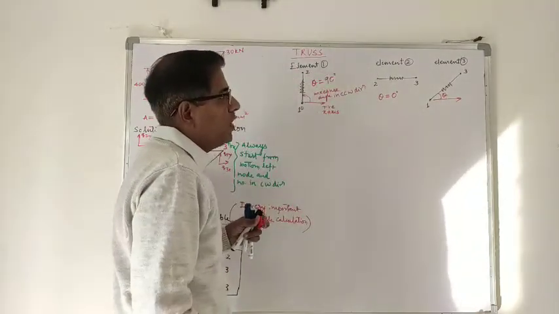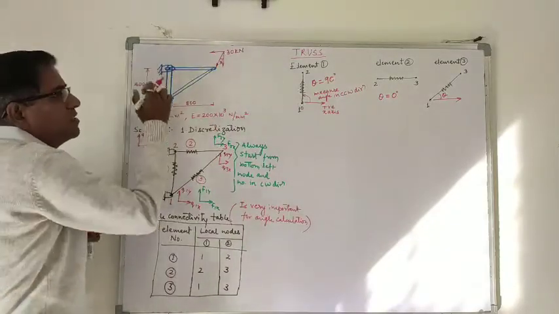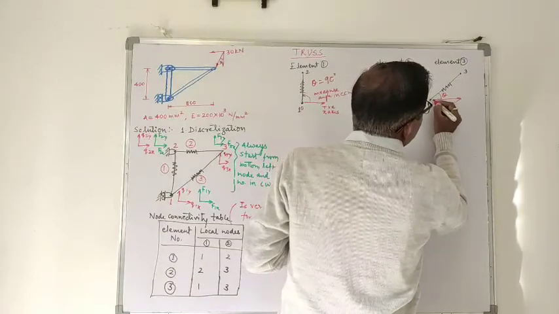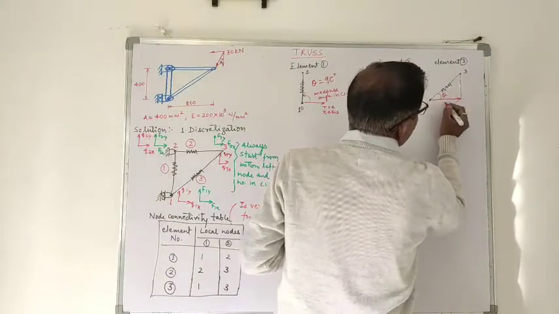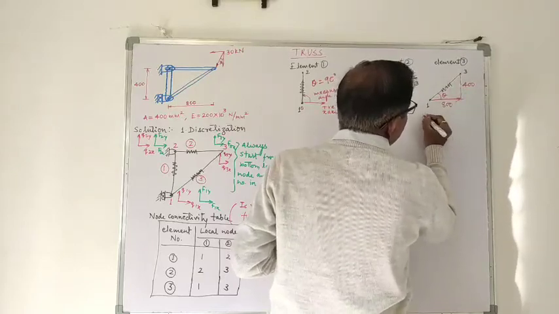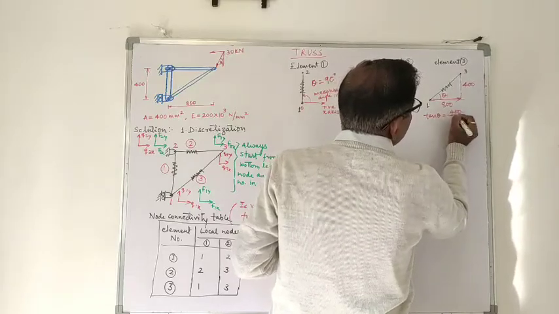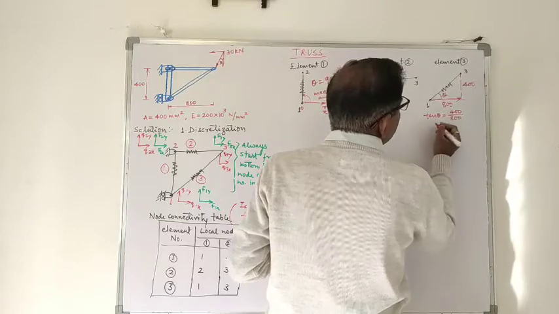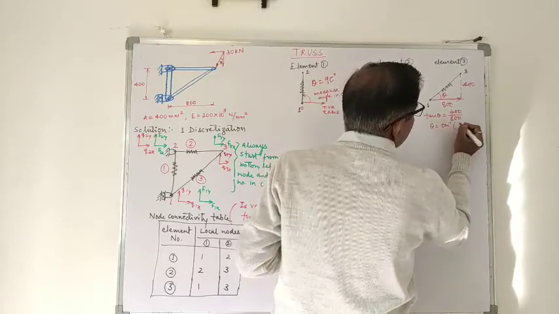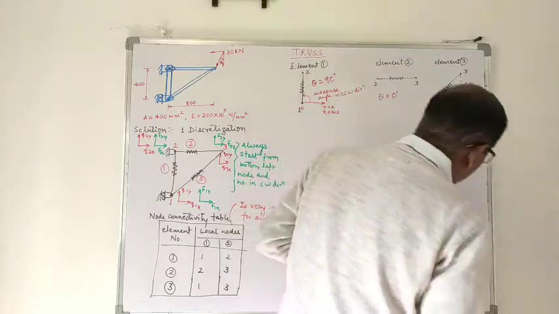Now here this distance is 800 and this distance is 400. So tan theta is equal to 400 upon 800. So theta is equal to tan inverse of 1 by 2,